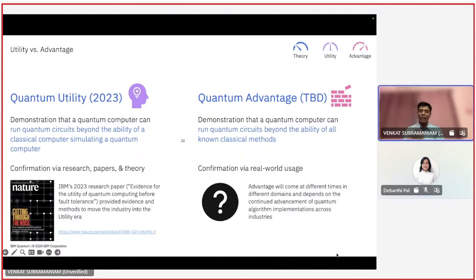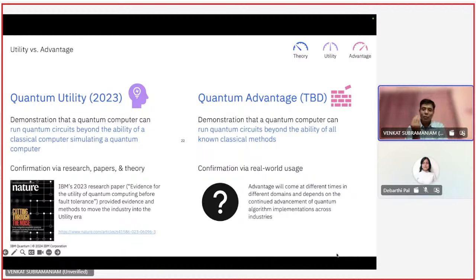But the big advantage is really going to come from the hybrid techniques where quantum and classical come together. So, for example, at IISc, Professor Yogesh Simhan is looking at hybrid techniques, quantum plus classical, on chemistry problems and optimization problems,